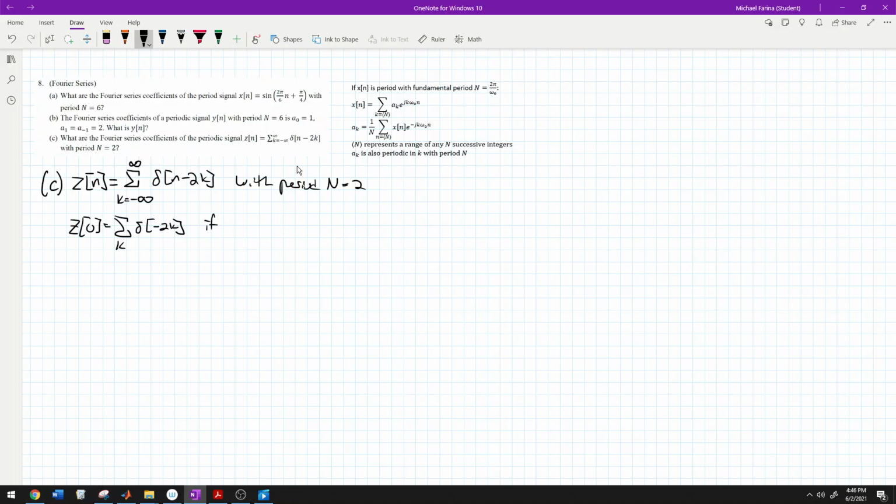If k equals 0, then we get delta of 0, which is equal to 1. And any other k, if we put in any other k right here, we're going to evaluate to 0. So z of 0